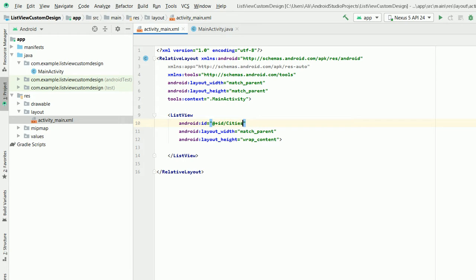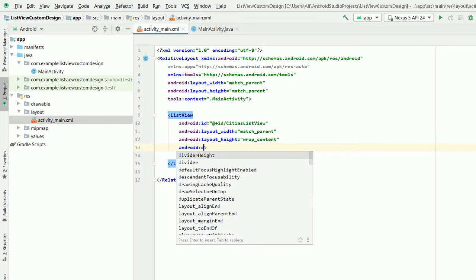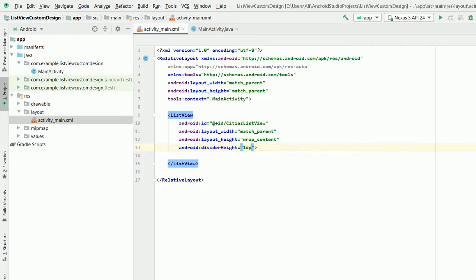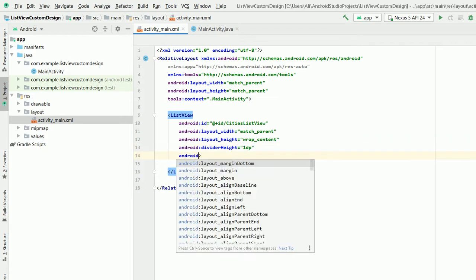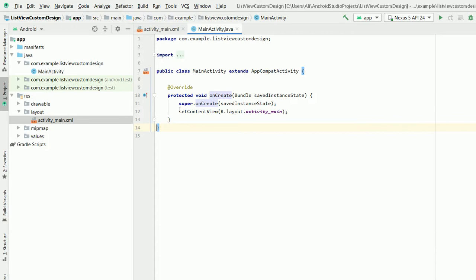Android ID, cities list view. Set some properties: android:divider height 1dp, and android:divider #f00, although you can use any other color. Now let's go back there, and I'm just declaring here a final cities one array,